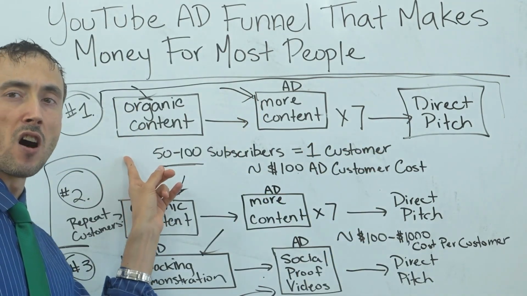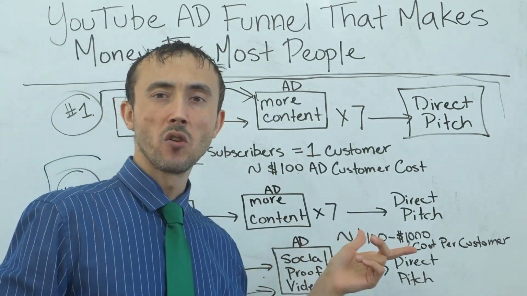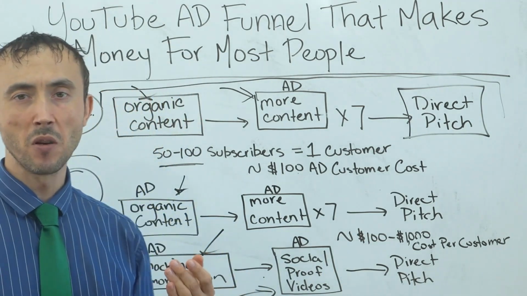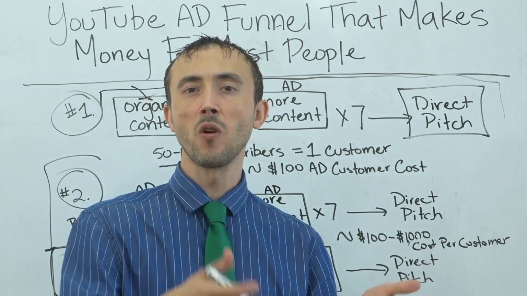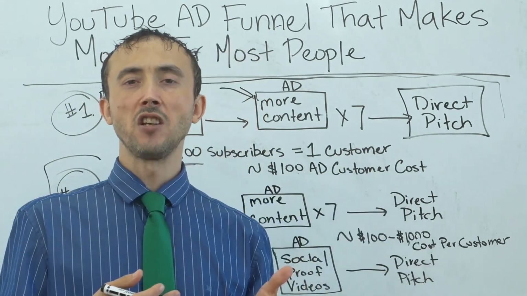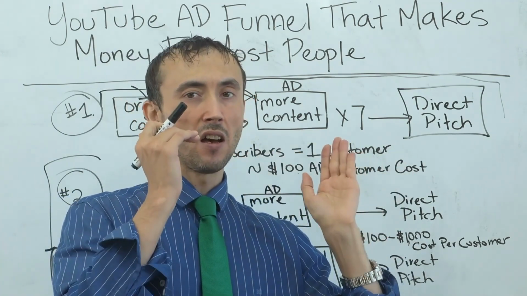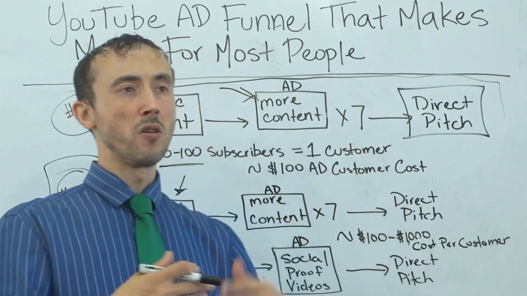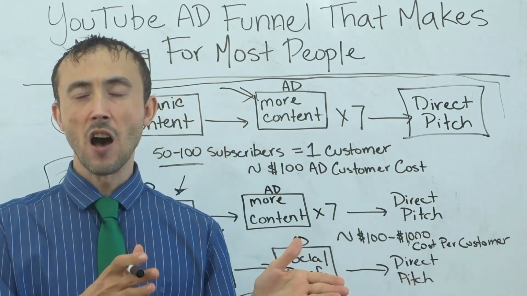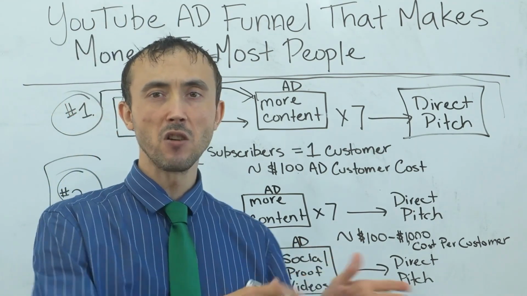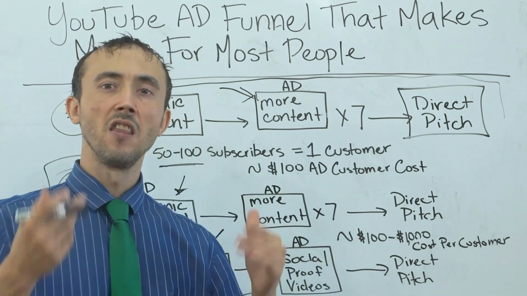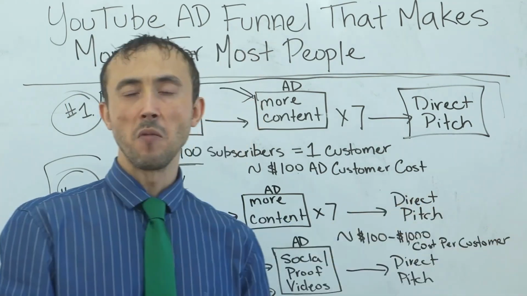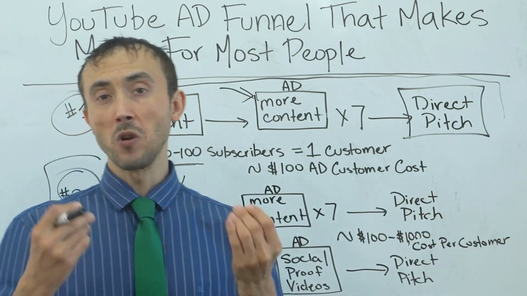If they already saw your other content before, it's cheaper. You could pick your poison, so to say. You can go directly with ads to people who've never seen you before, whose respect you haven't earned yet, and pay a lot more for a customer, or you can spend more work up front offering free content and have them discover you and build up an audience organically, then market to those people on the back end and pay a lot less per customer. You could pick which way you want to go.